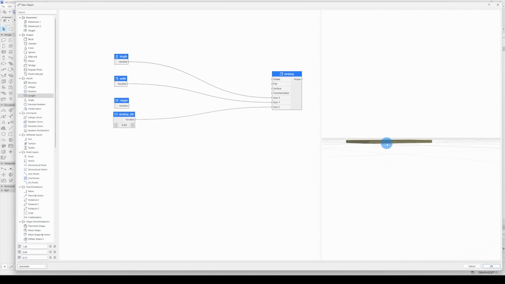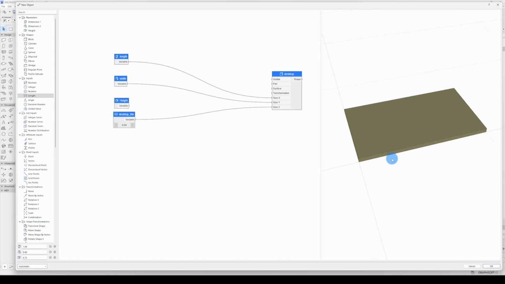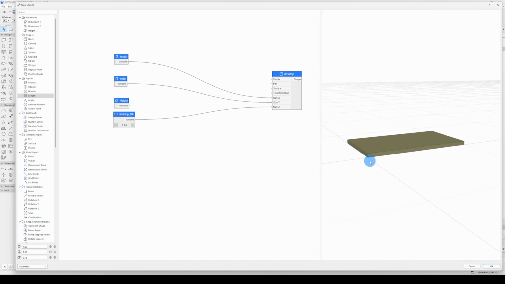Now you can see that our desktop has updated to the correct size, but it's sitting on the deck. We will want to raise that up. So what we need to do is we need to transform this block. We'll do that with a move node. Now I can come down here and add in a move node. You can also add any node by double clicking on the canvas,